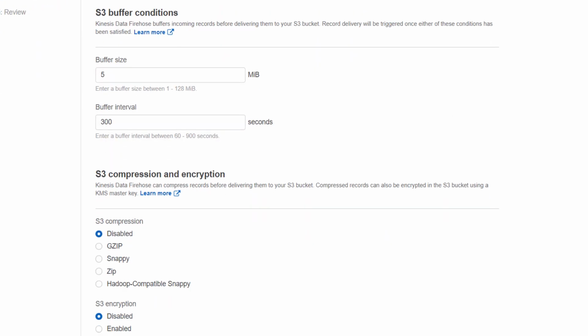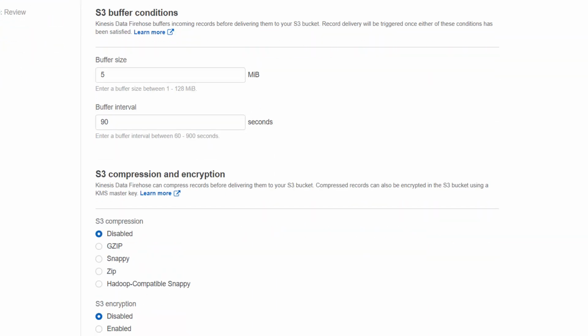Here is the buffer size. The buffer size is very important because this decides the throughput of your delivery stream. I'll choose 5 MB and 90 seconds here because I don't want to wait for 300 seconds, as I'm sending very little data. If you have followed my previous videos, you must be aware that either of these two options must be met before the data can be sent to the destination. Either the buffer size should be 5 MB or the buffer interval should be 90 seconds before you can deliver the data to the S3 bucket. So this is a perfect option for me.